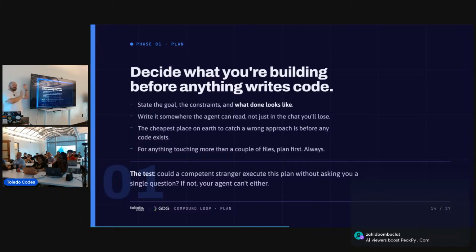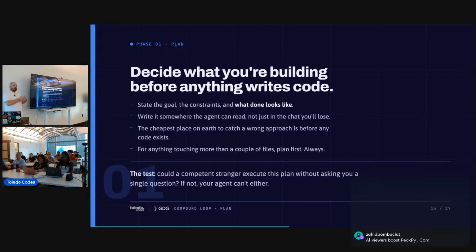And you can do that in the chat window with the agent, but it's better to put that in some kind of file so the agent can review that every time you talk with it. And so the third bullet here, I think, is a critical one. You know, the cheapest place, because again, every time you chat with your agent in Claude or in Codex or ChatGPT, et cetera, it's costing you a little bit of money. It might use some of your